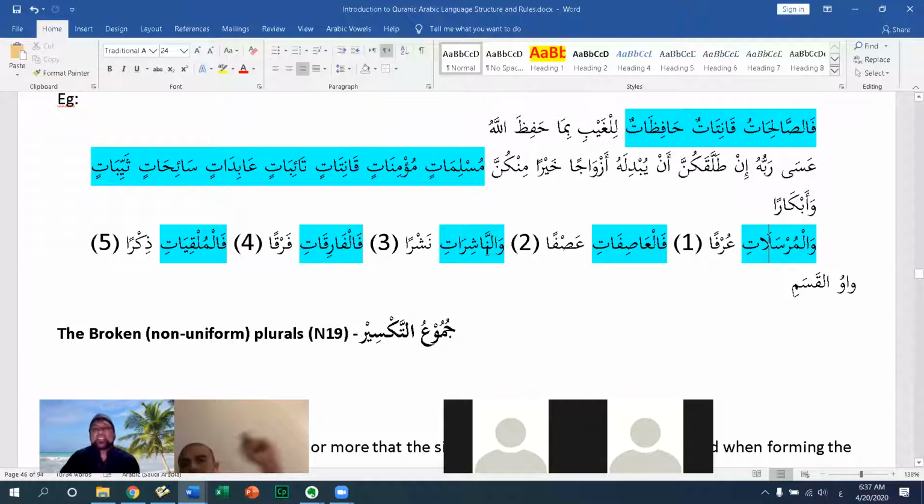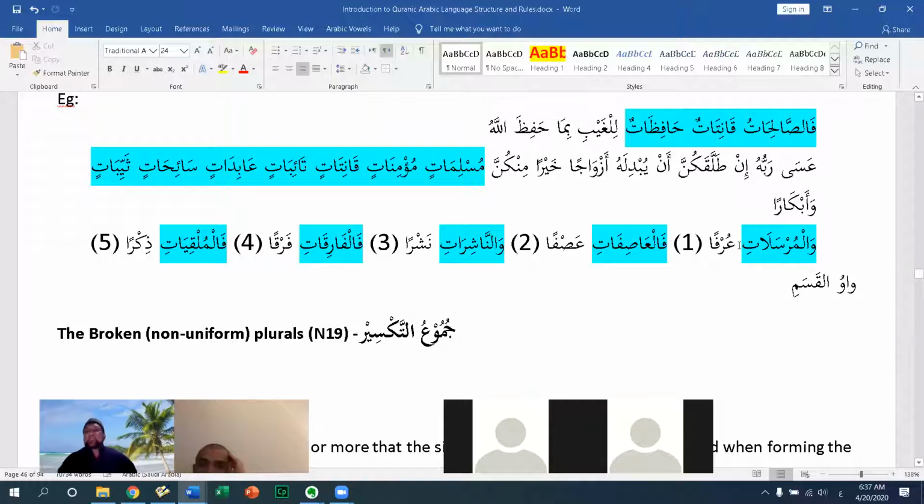Wan-nashirati nashra. So we can start again and say waw al-qasam and an-nashirat majrurun bi waw al-qasam, or we can say waw al-atf and it's ma'tufun ala al-mursalat. So Allah is saying, I swear by al-mursalat and al-asifat and al-nashirat, or I swear by al-mursalat and al-asifat, and then I swear by al-nashirat, then al-fariqat, then al-mulqiyat.